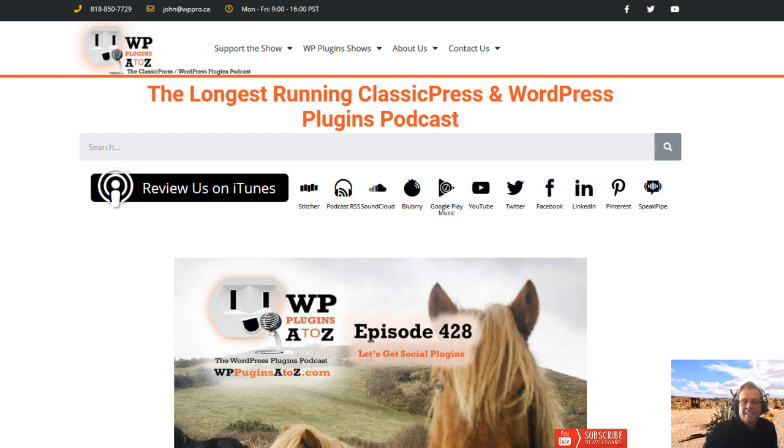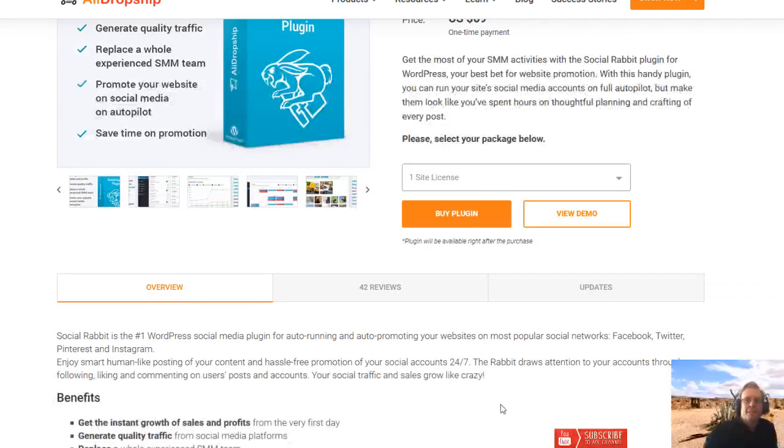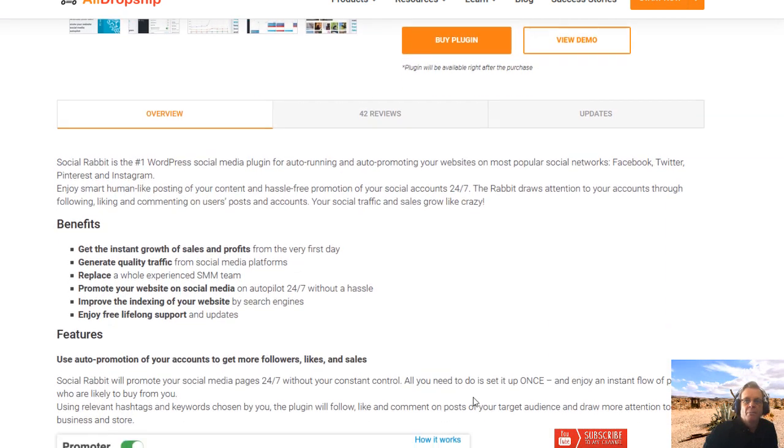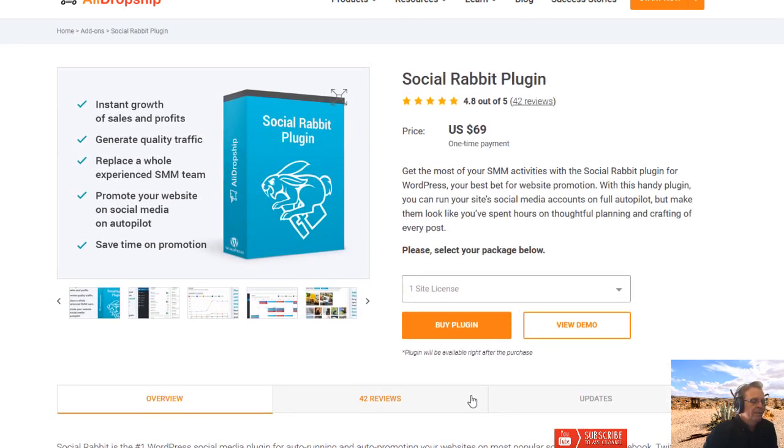But this plugin here, what it does is it connects up to your social networks and posts your content out on a regular basis. Works well with Facebook, Twitter, not LinkedIn, Instagram, and I can't remember the fourth one right now. But go check this plugin out. It works very, very well, and it seems to have had some benefits for me. I've had it on my site for about a week, and I have seen some increase in traffic to my older content, which it's been putting out for me.